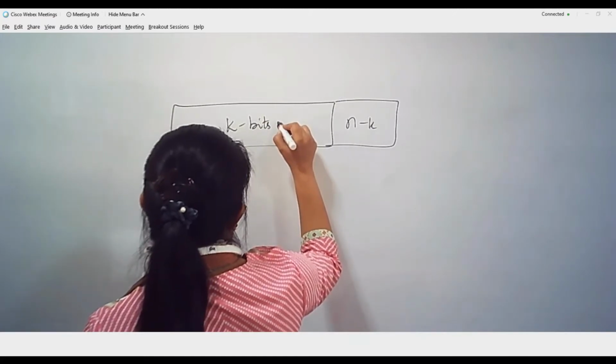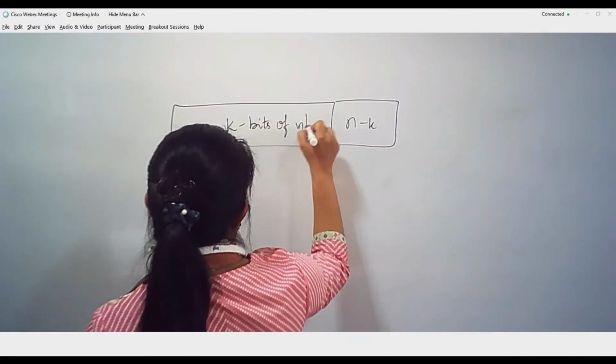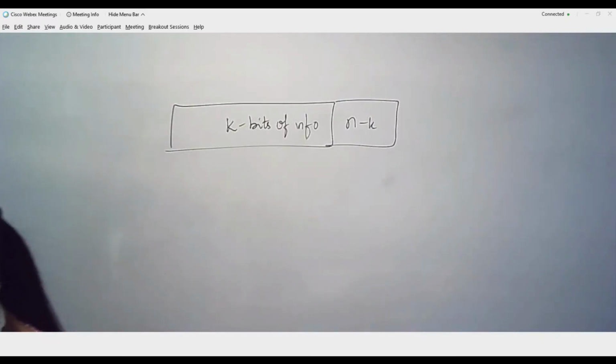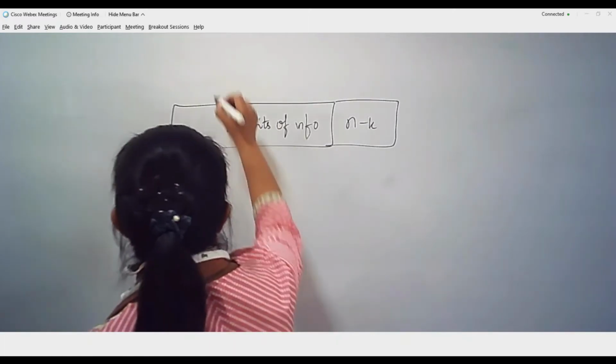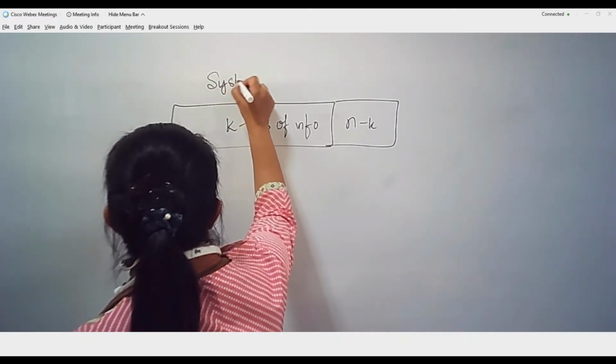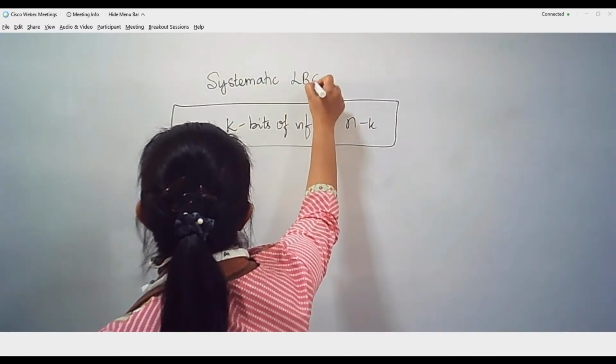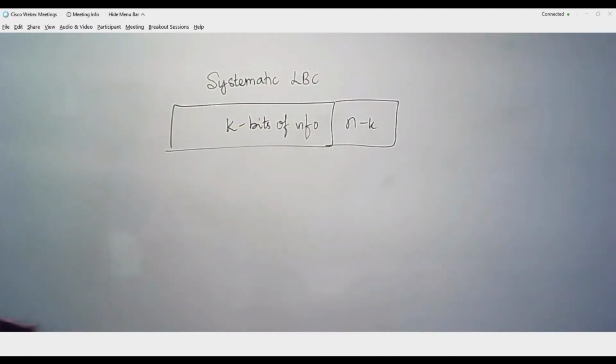This method of appending the redundant bits either at the beginning or at the end of the code word, we call a systematic linear block code, or LBC in short.